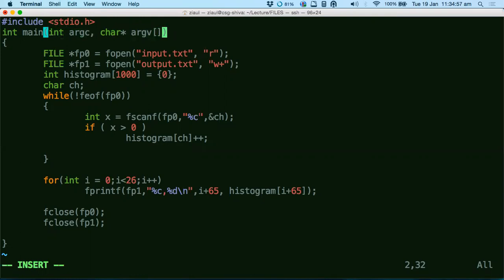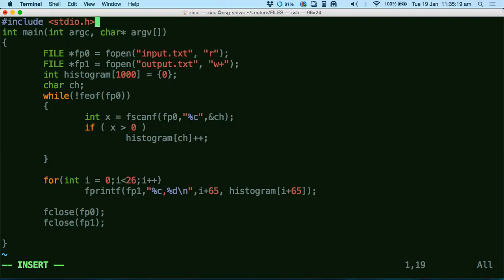There are two types of parameters always for main when you want to send external parameters to your function. The first is an integer which says how many parameters are going inside main. It is just a count of the number of parameters that are going inside main. And this here holds the actual values.